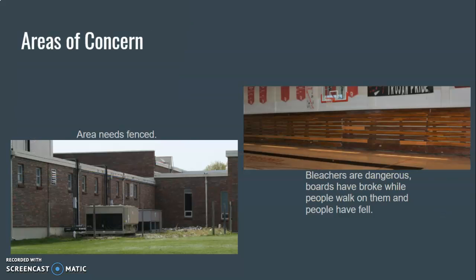Some of my areas for concern. Obviously, we have this area on the left there that needs fenced. It's by the high school. It used to be fenced, and I don't know what happened there. I don't know if the fence just got worn out, but it hasn't been fenced for over 2 years now. I think it'd be a good idea to have that all fenced, and that way it won't become a problem area. There are no cameras back in there, so I think it'd be a good idea to get that fenced.